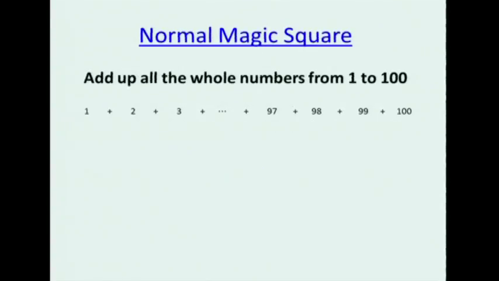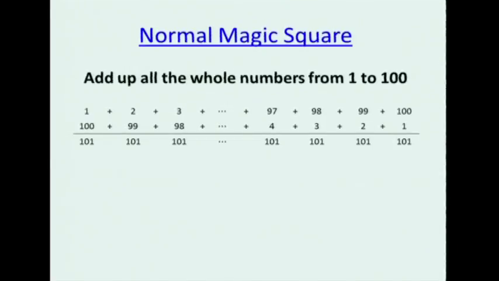And he said, well, here's the thing. If I list all the numbers out from 1 to 100, 1 plus 2 plus 3 plus 4 plus ... all the way up to 97, 98, 99, 100, and I do the same thing in the other direction. So I go 1 plus 2 plus 3 plus 4 plus ... 98, 99, 100. I notice that all the columns add up to 101. Pretty ingenious for a grade schooler.